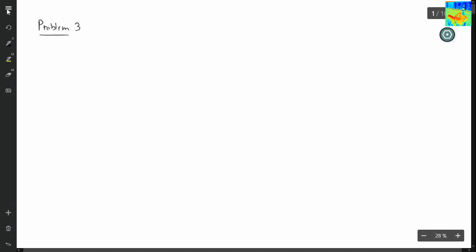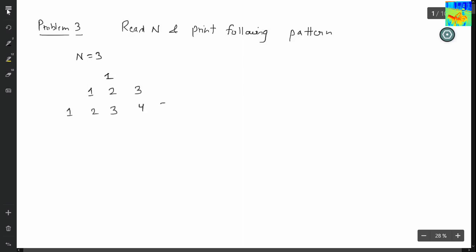Problem 3. So the problem statement is read n and print following pattern. So for n equals 3, my pattern is 1, 1, 2, 3, 1, 2, 3, 4, 5.